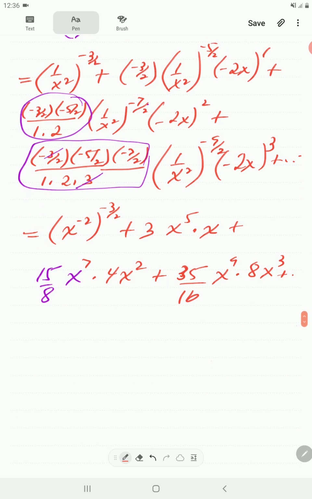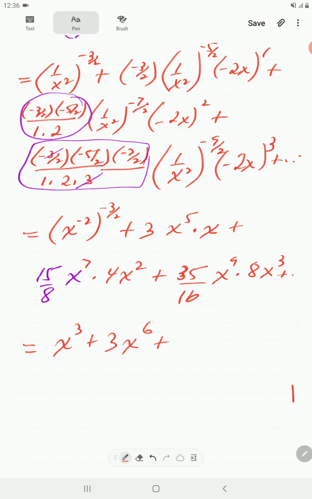Okay, so now here if you multiply these two, -2 times -3 halves is just going to be 3. So it's going to be x cubed here. So that's the same thing we do even for this term. For instance, it's just going to be -2 times -5 halves, so I want to get 5. -2 times -7 halves gives us 7. So it's going to be x cubed plus 3x to the power 6